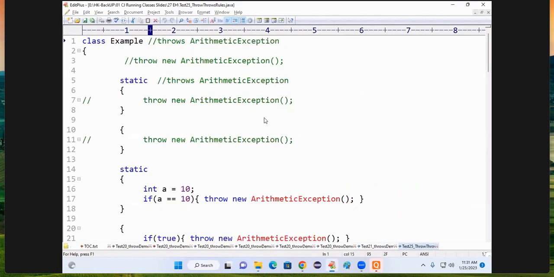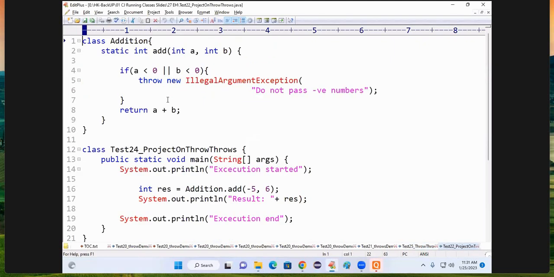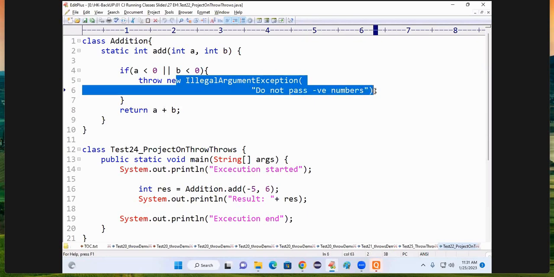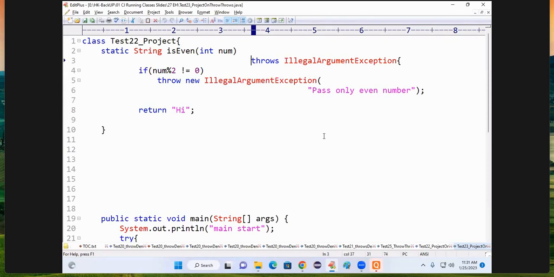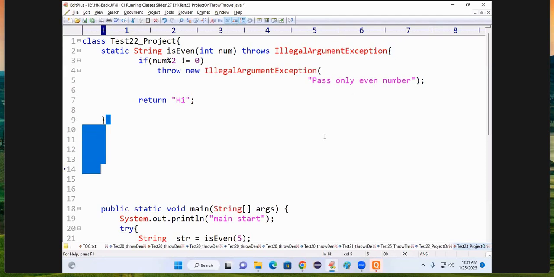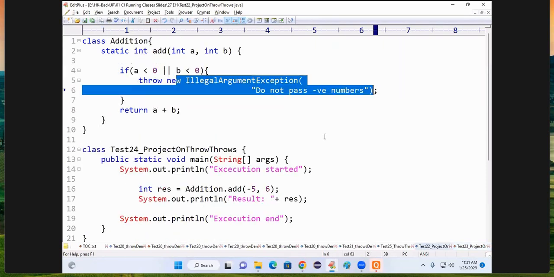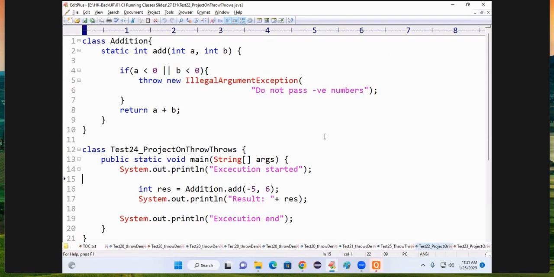Now look here. This is the project we developed yesterday. Okay, taking two numbers. If the given numbers are negative, throw exception. And that exception I have to inform to the method caller. If I don't inform the method caller, he cannot write his own try catch. So here he has not written try catch because we have not informed. If I inform here throws IllegalArgumentException, then he will know that I am throwing an exception, and he will write try catch of